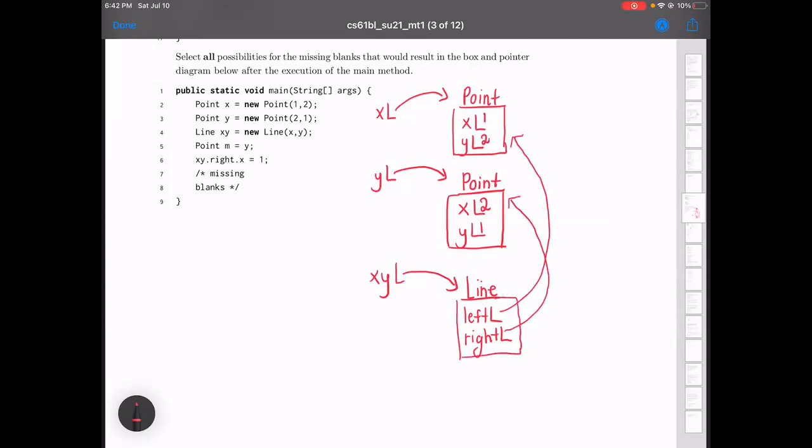What's next? Next thing we're doing is we're assigning some point m to be y. Similarly, m is just going to point to whatever y was pointing to, just like that. Okay, now we have